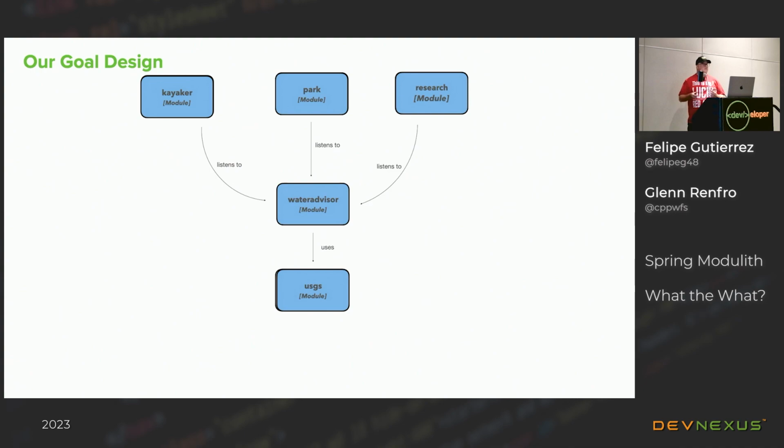Now, one of the questions is, Glenn, that looks strangely like a microservice architecture. Do I need to do this? The answer is it's up to you. I can actually have this where I'm not emitting messages to these modules. I can make direct calls to the beans or services offered by those modules. It's up to you. So when I go through this, I want you to start thinking about your microservice architecture and say, how can I maybe consolidate some of my microservices, or aggregate them together?